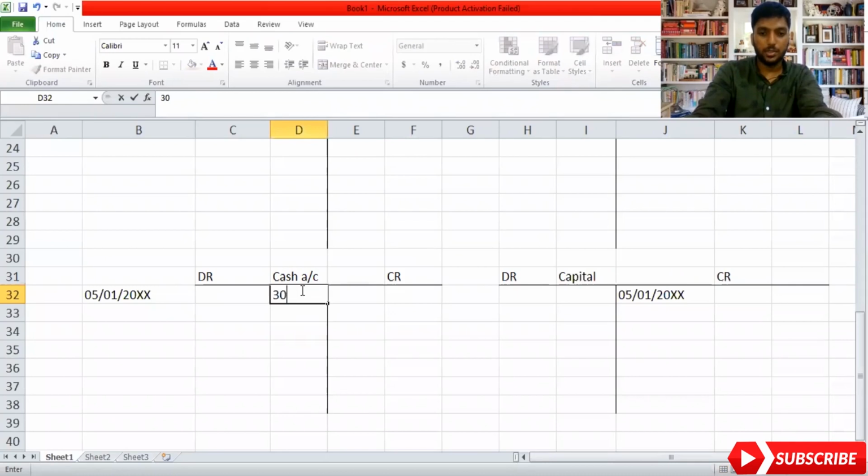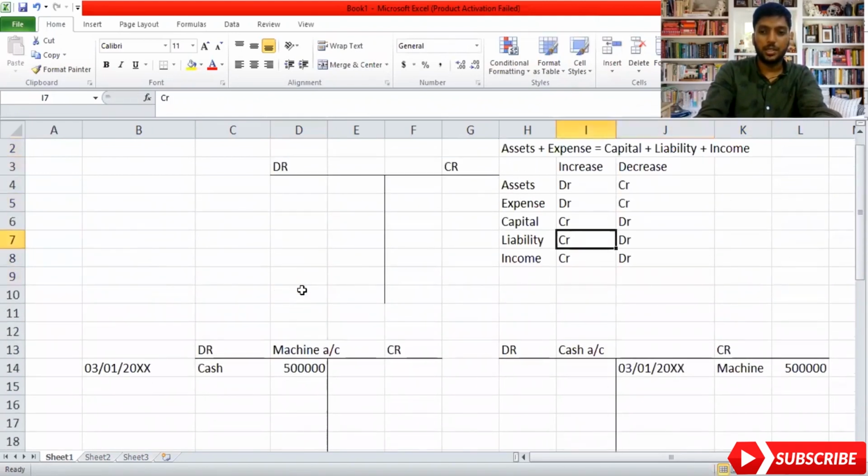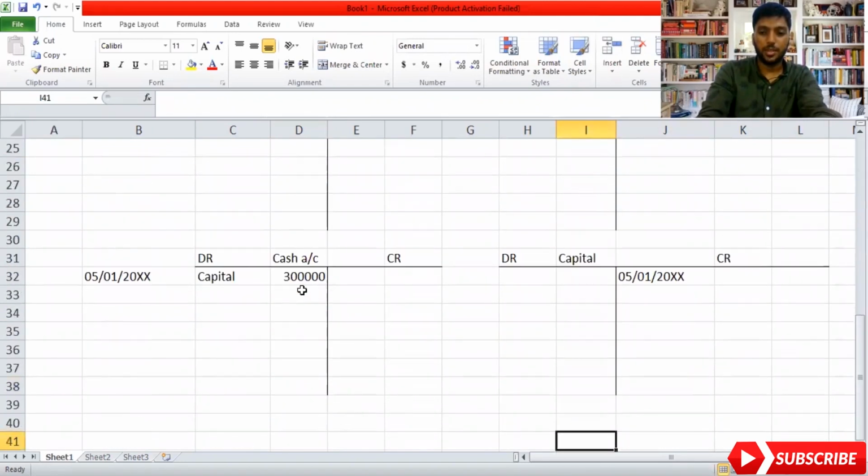If they have invested 300,000 as capital, your cash will increase. So it's a debit. Right here under narration, capital, and under capital, because when capital increases it is a credit. You need to know the rule box. So capital increase is a credit. It is also going to inform what the amount invested is. Easy as that. Let's move on to adjustment number 4.